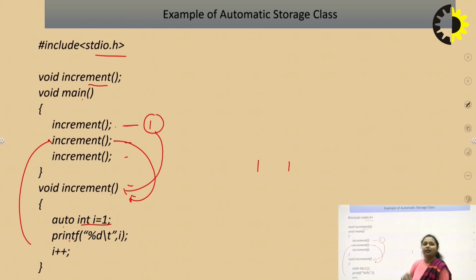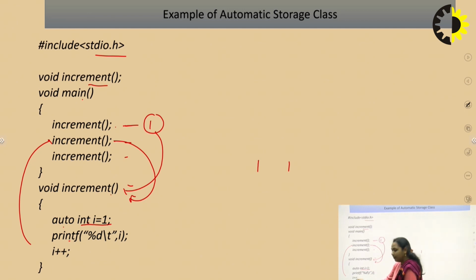It will not get transferred to another function. The I++ is incrementing the value, but within this increment function only. It is not transferring the value to the main function. So again, the second time also it will print 1.